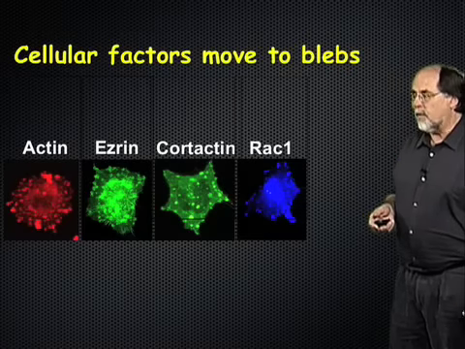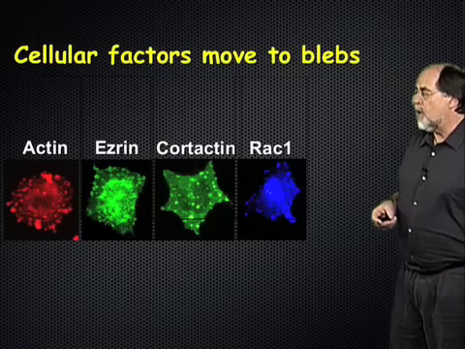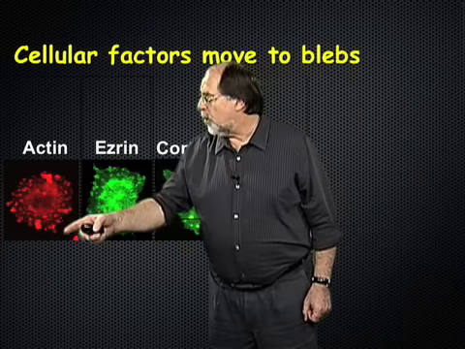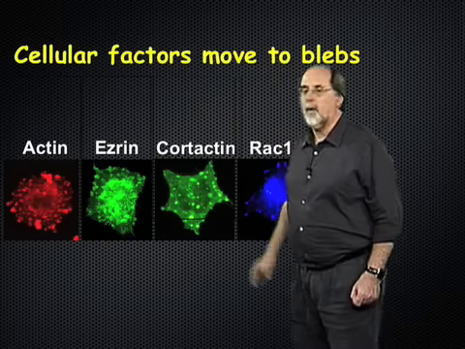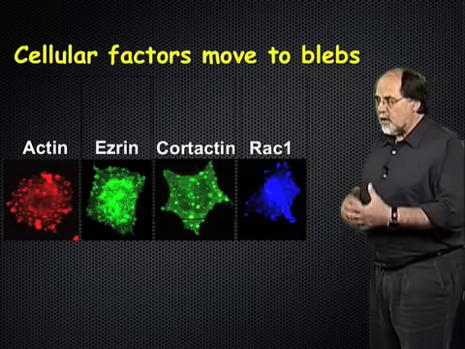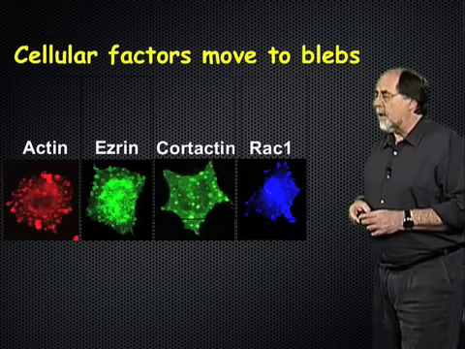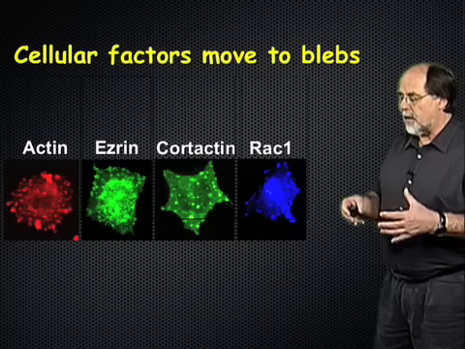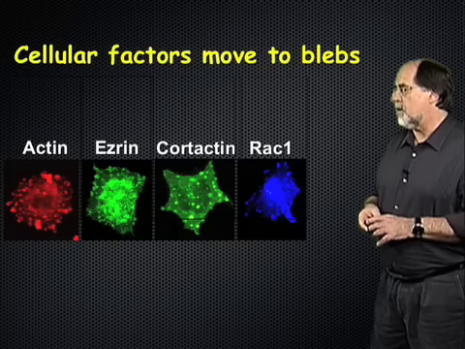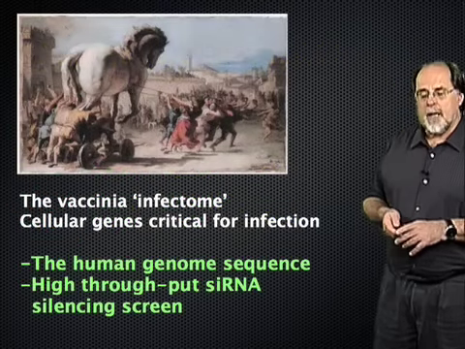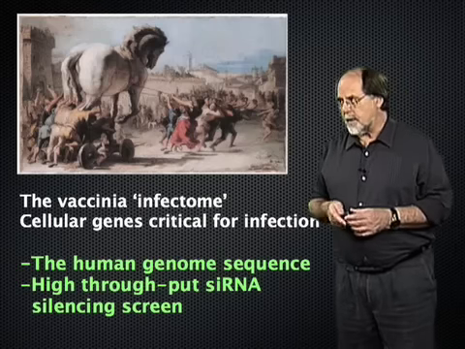That change involves actin very clearly, because the actin itself, in this case RFP label, moves into the blebs, and so does many actin modifying and actin regulating proteins. That is already known from bleb formation in other systems. All we can conclude at the moment is that the virus induces something that the cell also does under normal conditions. At the same time as Jason was looking at this